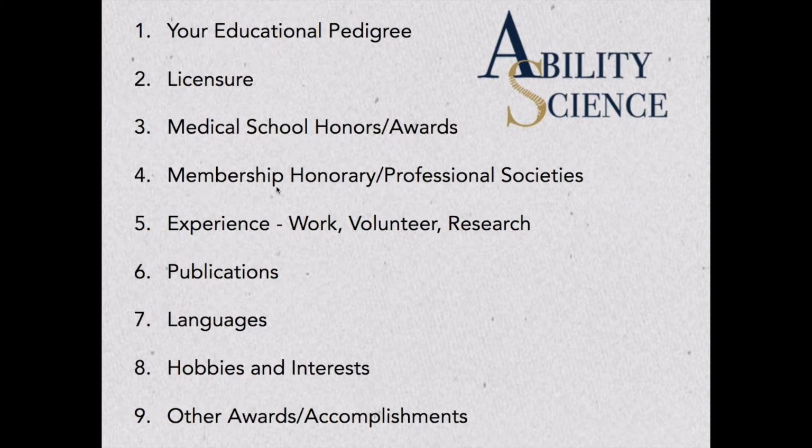Number 4, membership in honorary and professional societies, and I think this is really underrated. A lot of people say, well, I don't know what professional society I want to join because I don't know what specialty I want to go into. And to that I'll say, choose a professional society that's ambiguous. AMSA is ambiguous. Your state physician association, ambiguous. You can use that for any specialty. And so I would definitely recommend joining a professional society. It shows that you're committed. It shows that you want to do some things outside of medical school, and that can go a long way.